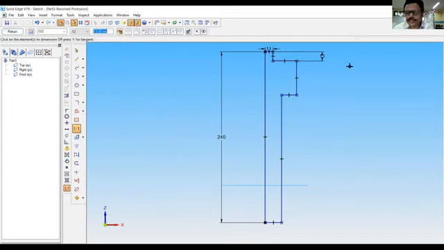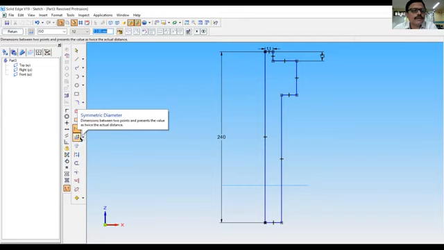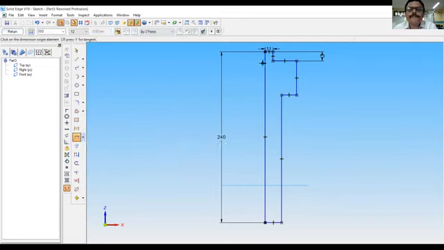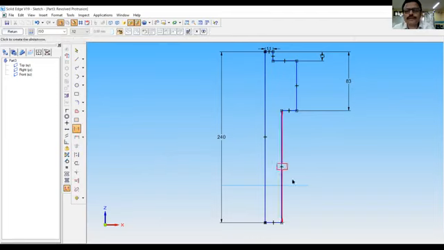Whatever dimensions are there in the sketch, only that should be done. Now go to distance between this part and this. Here it is 83. Then this will be 240 minus 83. So it comes out 157. 157 plus 83, that is 240.